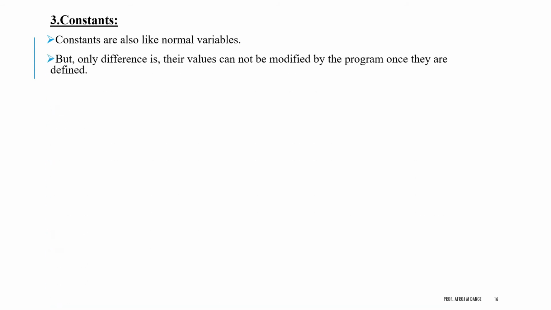Constants are like a variable except that their value never changes during execution once defined. C constant is a most fundamental and essential part of the C programming language. Constants in C are the fixed values that are used in a program, and its value remains the same during the entire execution of the program. Constants are also called literals.